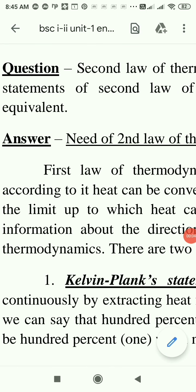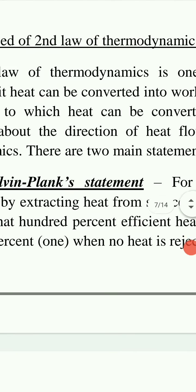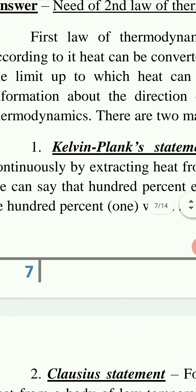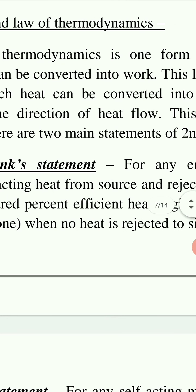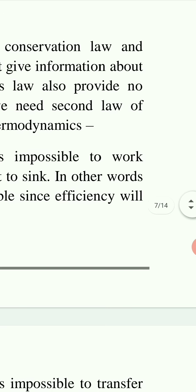Today's topic is the second law of thermodynamics. First we see what is the need of the second law of thermodynamics. The first law of thermodynamics is one form of energy conservation law, and